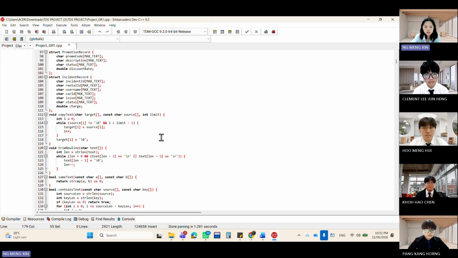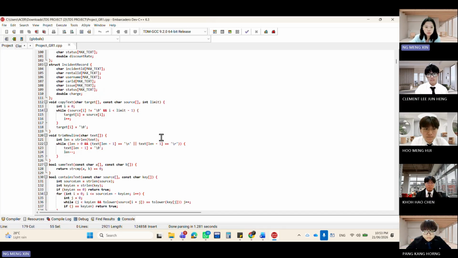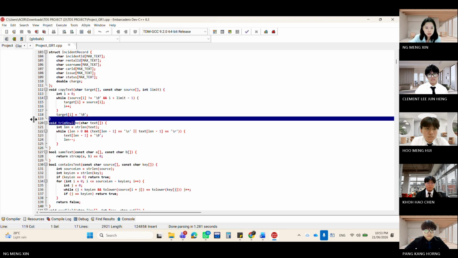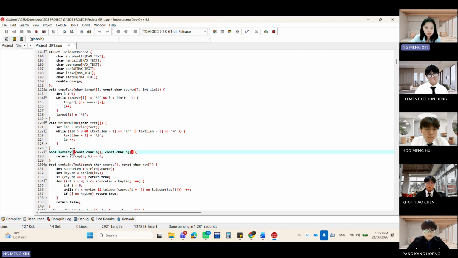So I will focus on the important parts of our car rental management system, including user-defined functions, structures, classes, inheritance, dynamic memory allocation, file handling, linked list, sorting algorithm, and searching algorithm. So the first one is user-defined functions. So we can see from here, this one is a user-defined function, and this one also, and this one, and such.